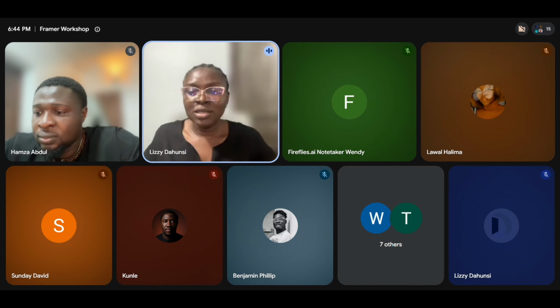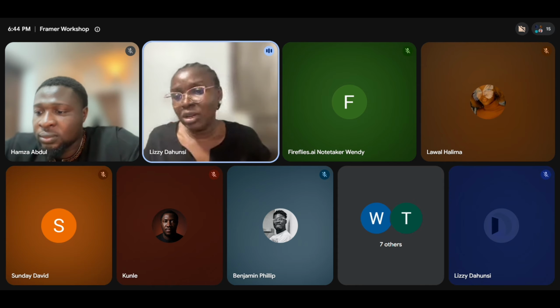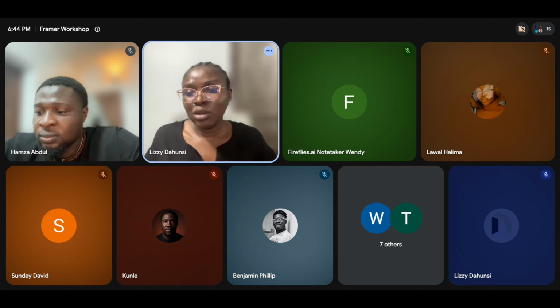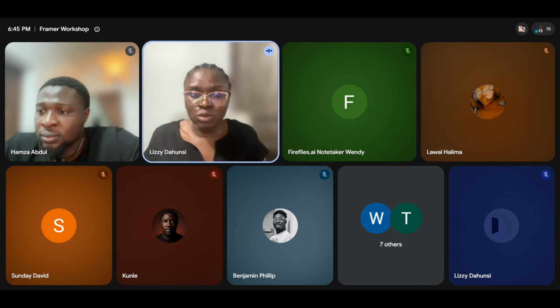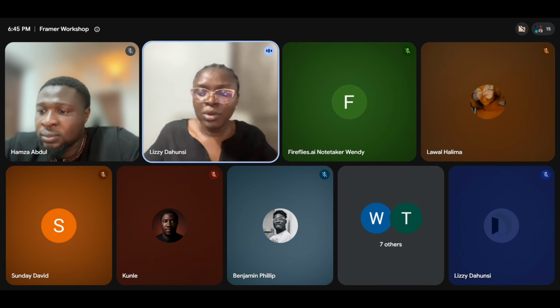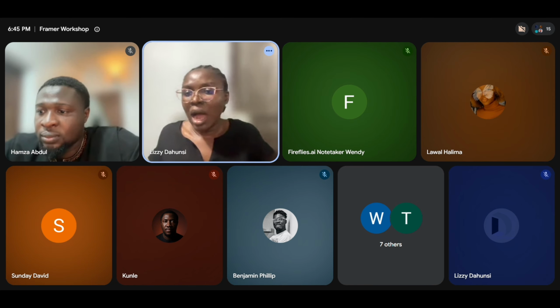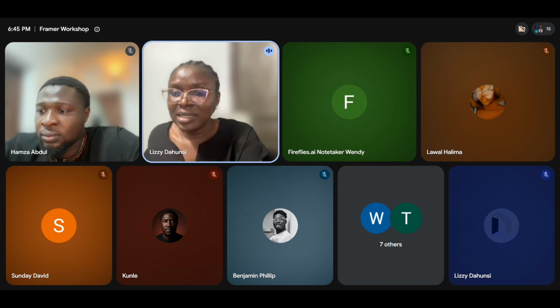Since a lot of us have basic knowledge, don't start with the agent because the tokens will finish. Just do the basic one without the agent first. Then the ones that you cannot do by yourself, that you don't know how to do, you can tell the agent to do it for you. Or when it's time to improve animations and the automation, you can ask the agent to do it for you.